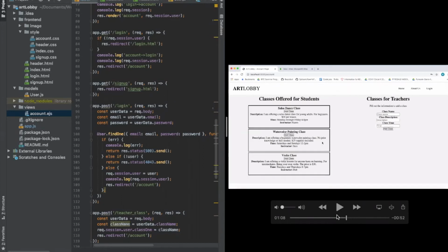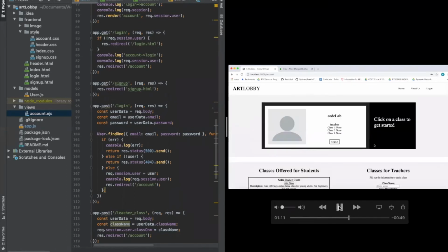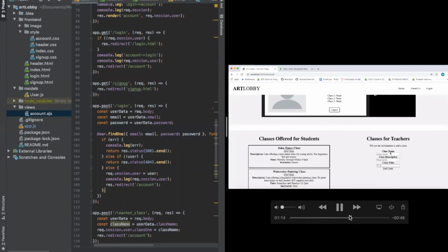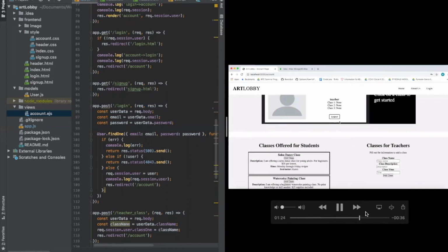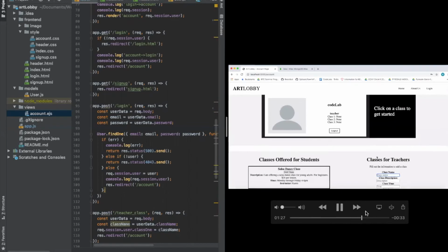To add a new class, it's really easy. They just fill out a form providing the class name and description of the class. So in this example right here, we have someone called Code Lab, where this teacher is trying to provide a class called web design. So they just have to sign up for a class like this, enter in all of the information that is required of them. And after the form is filled out,